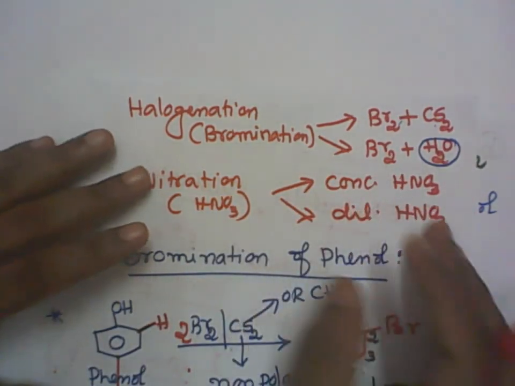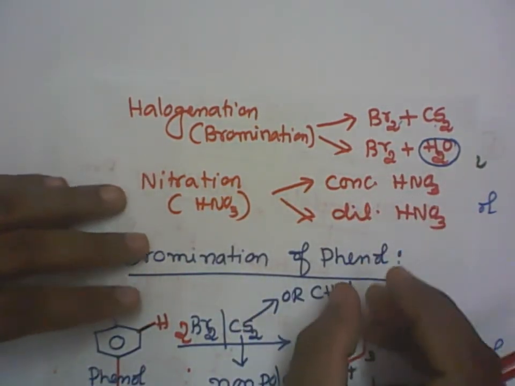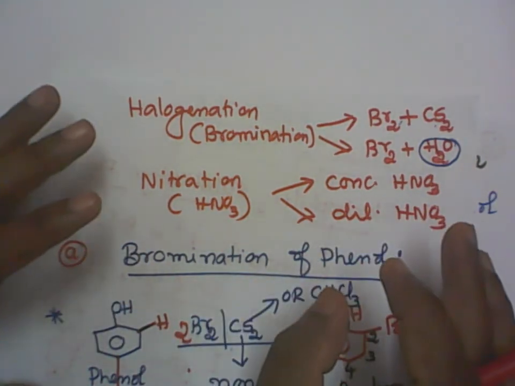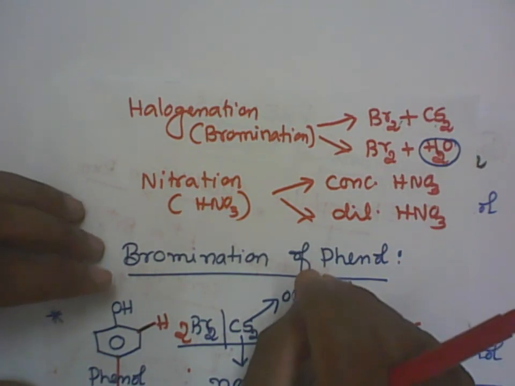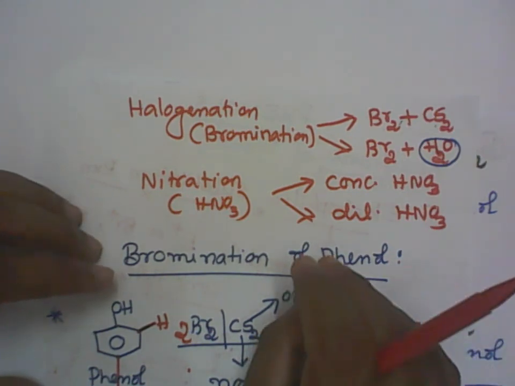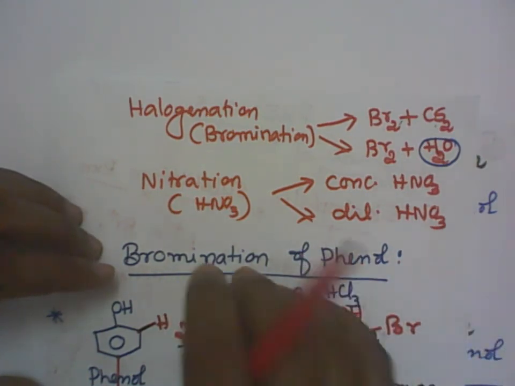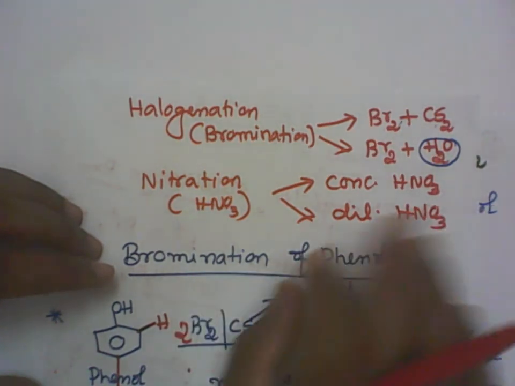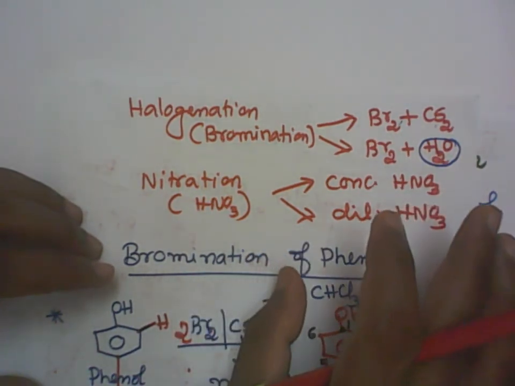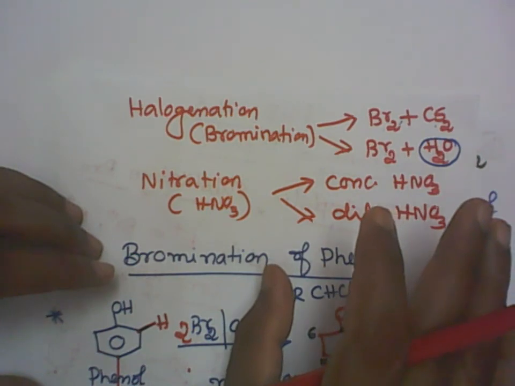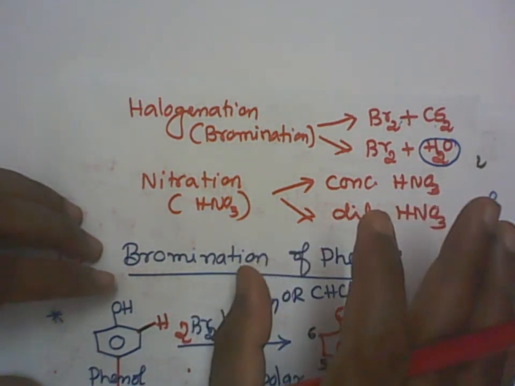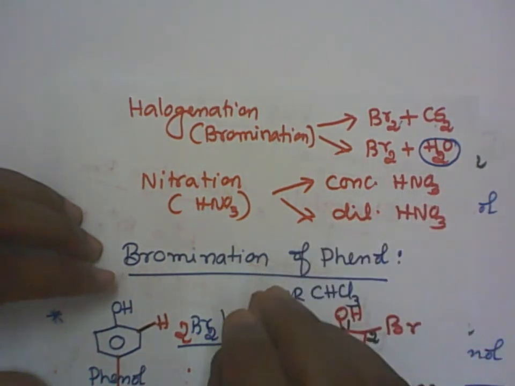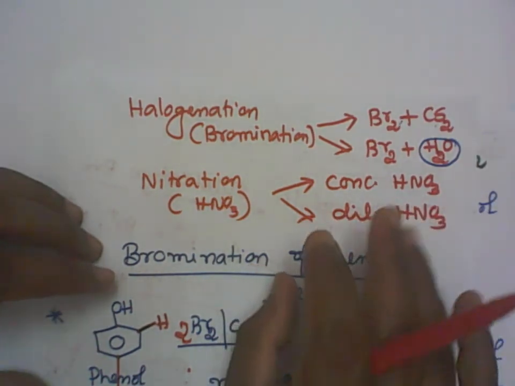See students, in the organic chemistry chapters, you will be studying more organic reactions. You need practice. So always take your rough workbook and start practicing. Write down each reaction 5 to 10 times until you become thorough with it. Organic chemistry is very volatile. If you write it now, tomorrow morning you cannot remember. It's not easy to recall. So keep practicing all those.